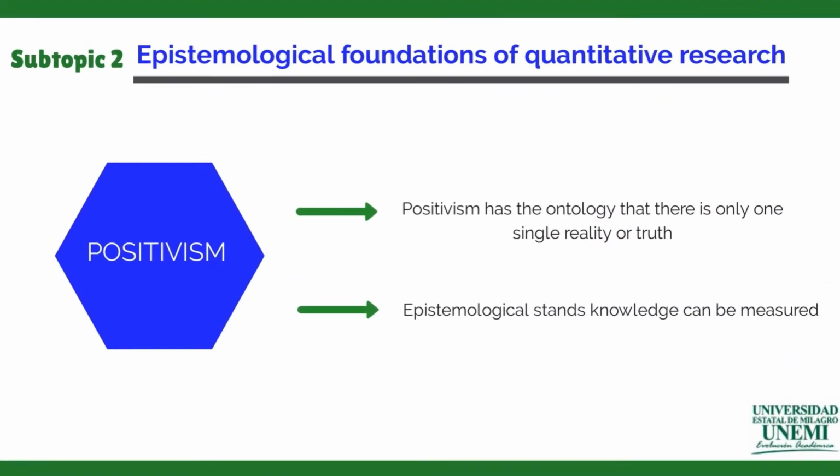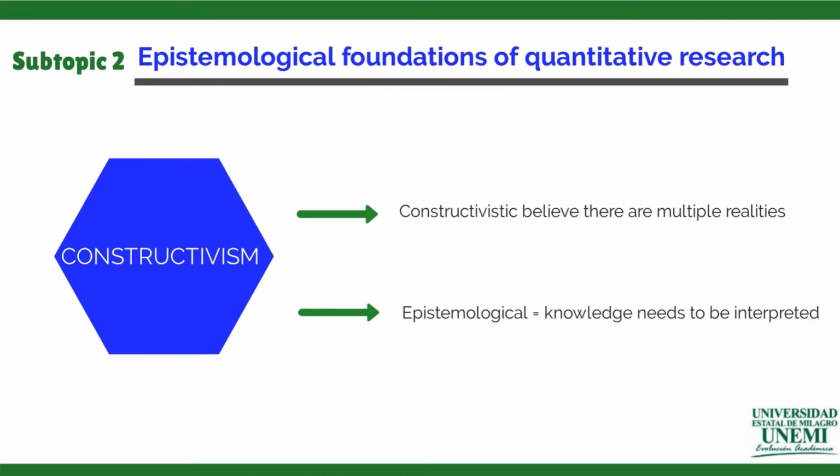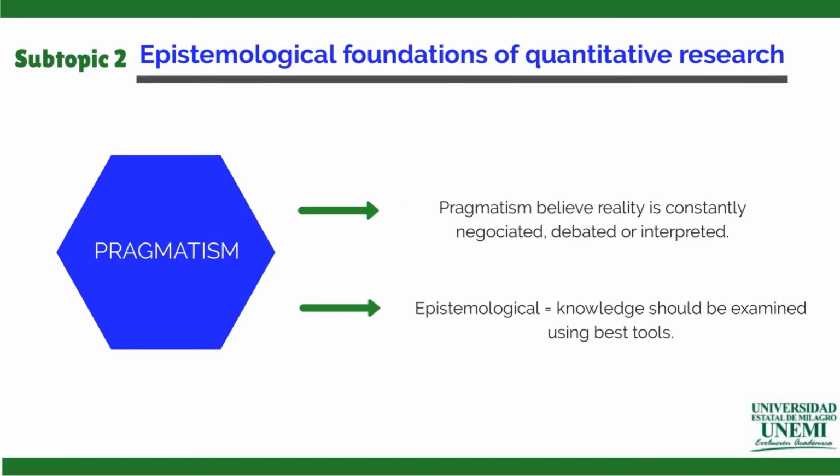The first one, positivism, has the ontology that there is only one single reality or truth, and the epistemological stance that knowledge can be measured. Constructivists believe that there are multiple realities, while the epistemological stance suggests that knowledge needs to be interpreted. The last one, pragmatists, believe that reality is constantly negotiated, debated, or interpreted, while the epistemological stance suggests that knowledge should be